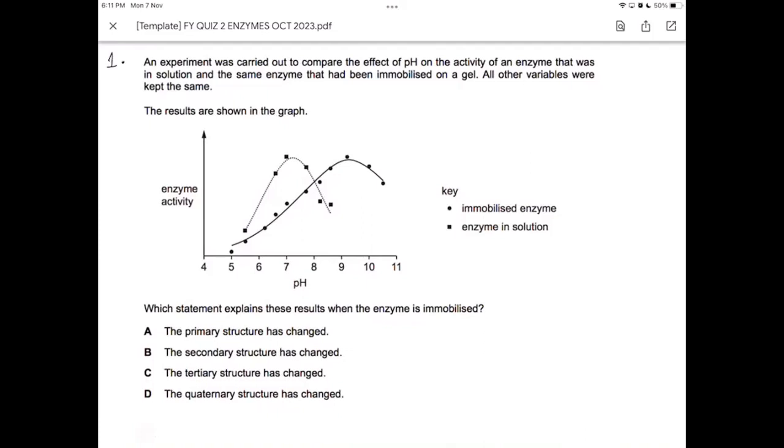And when we talk about the effect of temperature and pH on them, that's principally hitting the tertiary structure. So of course, whatever discrepancy we see between how an immobilized enzyme is behaving over a certain pH range and how a non-immobilized enzyme is behaving,